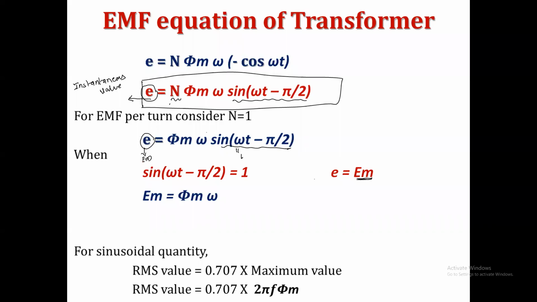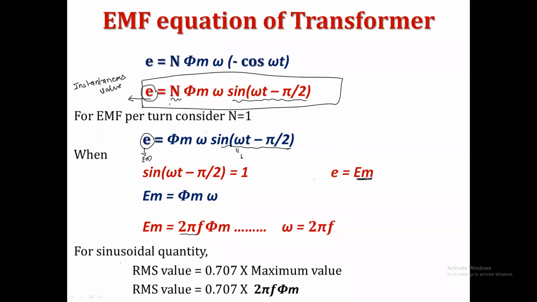But omega is nothing but what? The omega is nothing but 2 pi f. Get it my point? So omega is 2 pi f into phi m, and now if you multiply 2 into pi, you will get one calculation here. But another one point is that